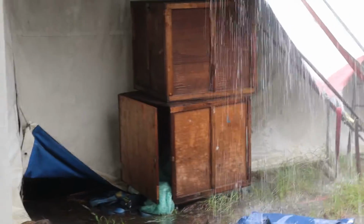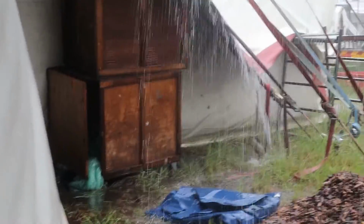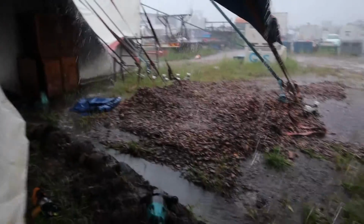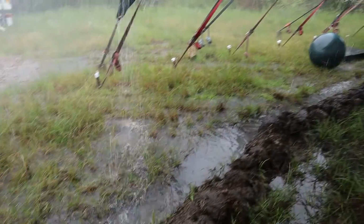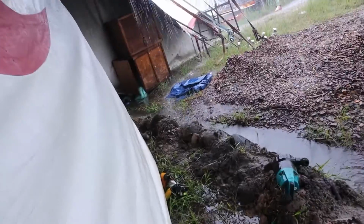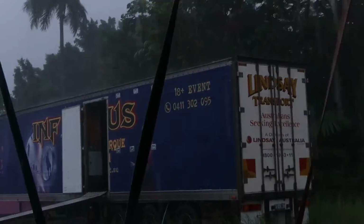Those boxes are going to be saturated. Here is more rain on this side. All the water. Channel's working hard, but not hard enough on this side. It's all flowing straight through the tent, honestly. Like, you can literally see it's coming off in torrents